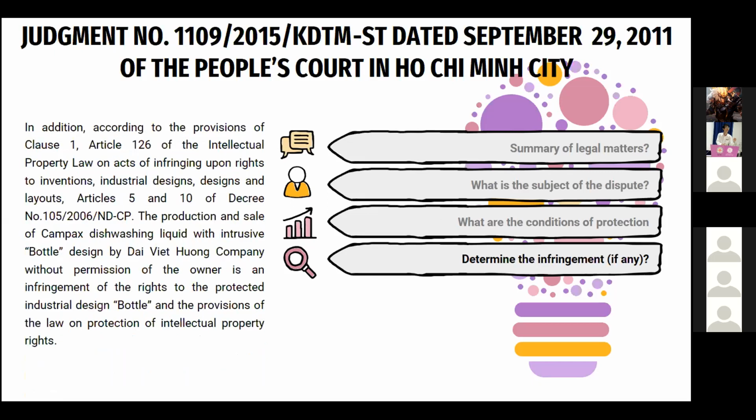In addition, according to the provision of Clause 1, Article 126 of the Intellectual Property Law on acts of infringement of the right to inventions, industrial designs and layout, and Articles 5 and 10 of Decree No. 105, 2006, dated September 22, 2006, detailing and guiding the implementation of a number of articles of the Intellectual Property Law on the protection of intellectual property rights and state management of intellectual property, the production and sale of dishwashing liquids